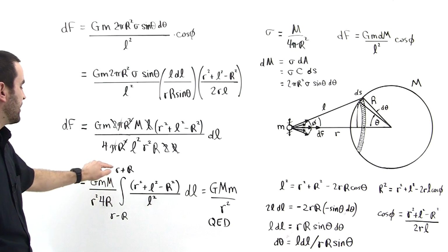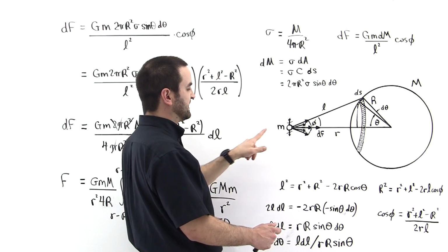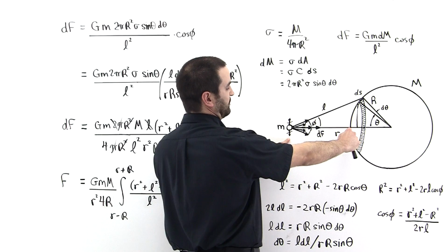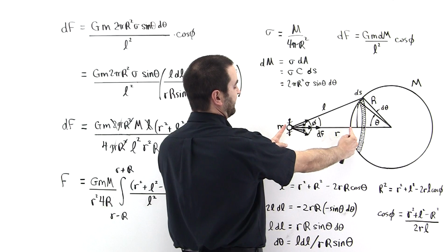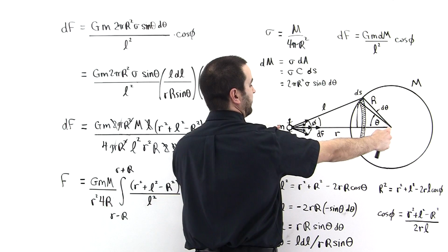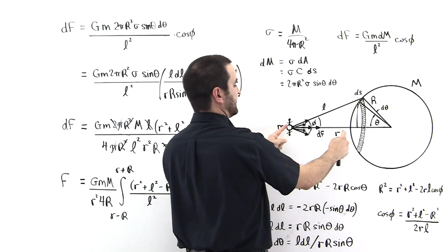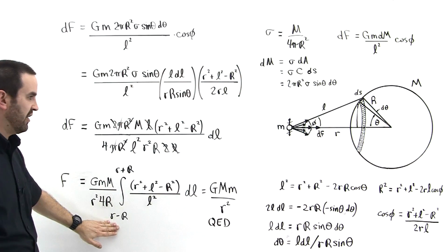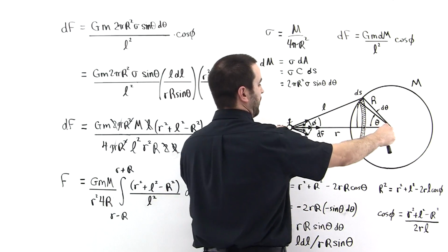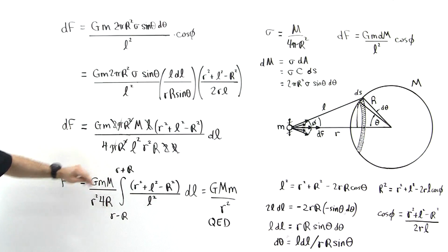So r minus R to r plus R. Notice that we're considering the distances from this point to this point here. That's the beginning integration point. So we want this distance for the lower limit. Well, that's equal to r, the distance to the center, minus capital R, which gives this distance here. So we put r minus R. And then we want to go all the way to here. So that's little r plus capital R. So we go to r plus R, like so.